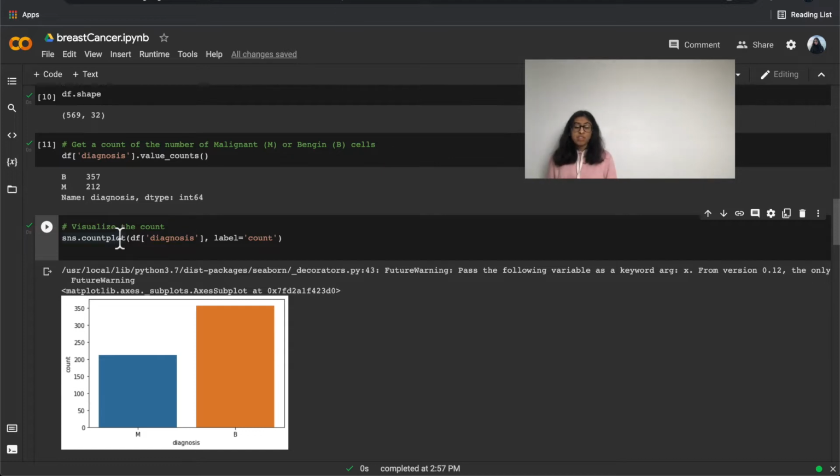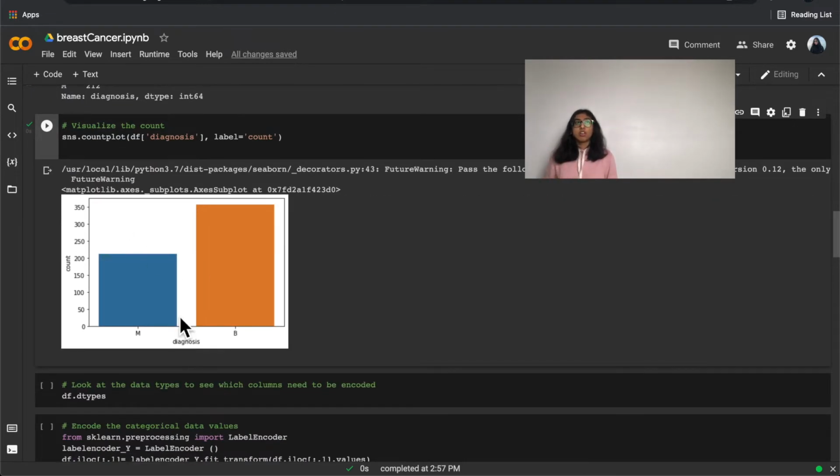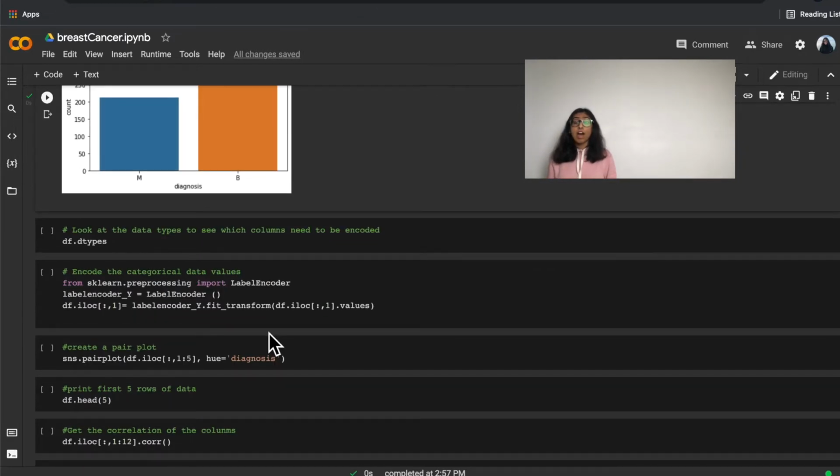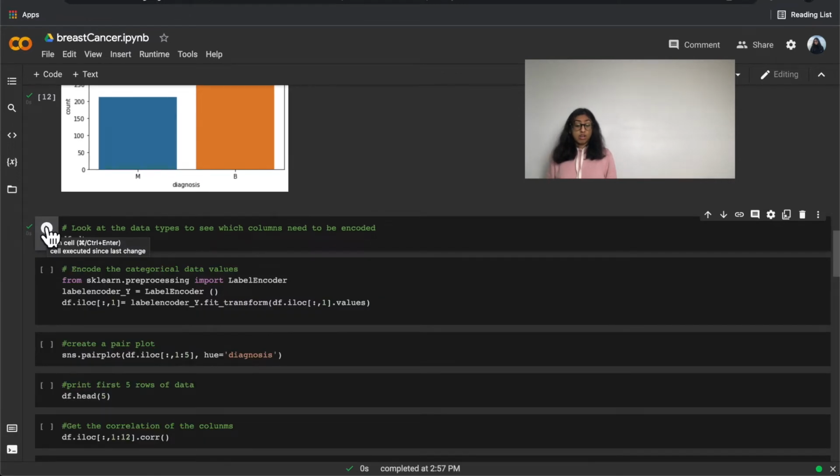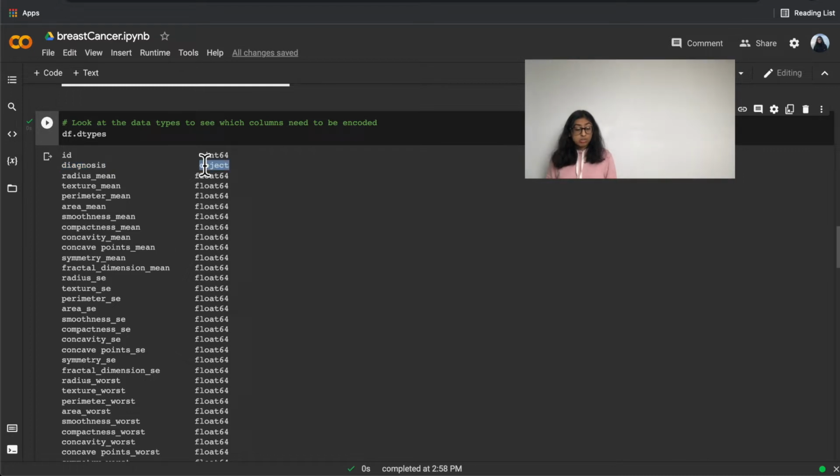So now, the thing is, machines only understand numeric values. So if I use malignant and benign, M and B, as one of the parts of my data, the machine is not going to understand that. So I want to see what kind of data types are numeric and what type of data types are non-numeric, and just what type of data I have. So that's why I run this, and through this I see most of them are numbers, except diagnosis is not